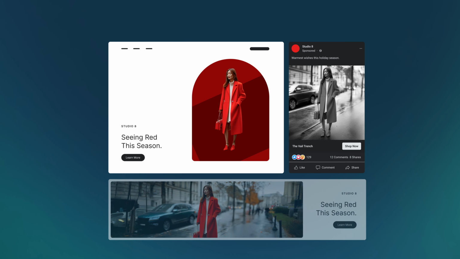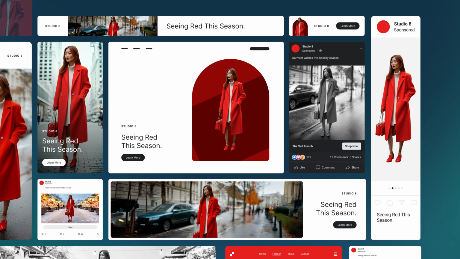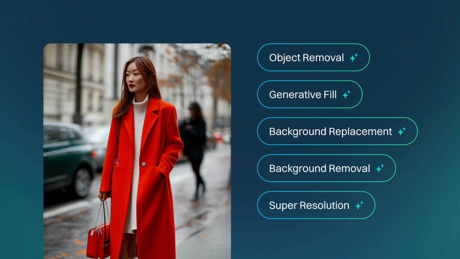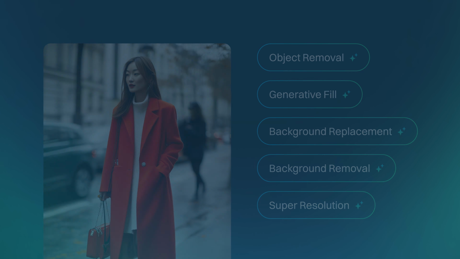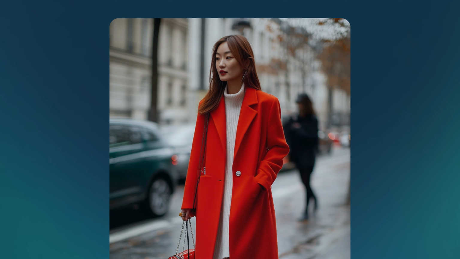In the past, creating different versions of an image for different platforms might have meant spending hours in design software or having to schedule another expensive photo shoot. But with our smart features, you can entirely skip those extra steps and do it all in just a few clicks. Let's say you are preparing for a fall campaign and want to make this image into a new hero